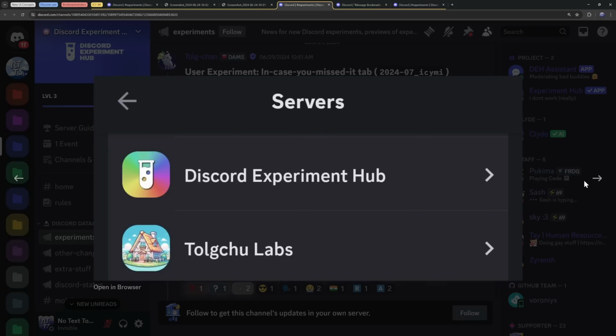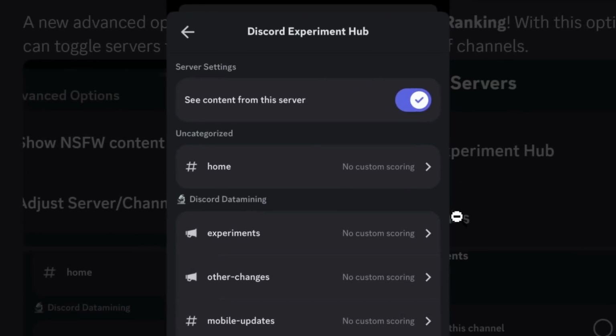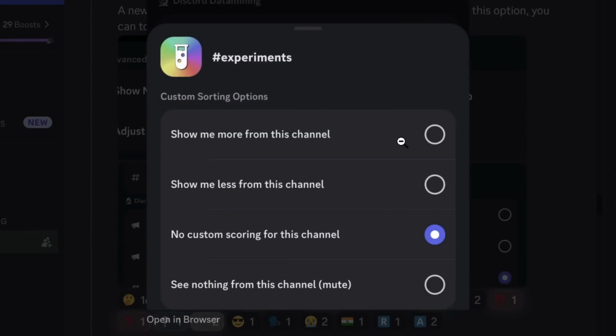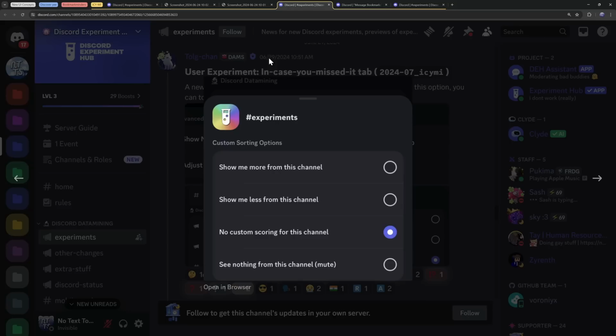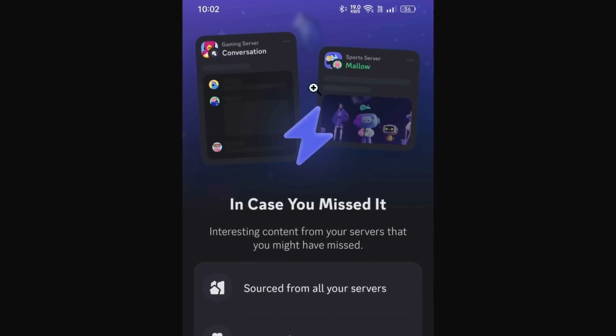You can pick which server that you want to specifically target. Then you can go through that server and pick specific channels or just completely disable the server. And you get to customize the scoring of each channel, which basically is saying, do you want to see more from this channel? Do you want to see less from this channel? Don't want to change anything? Or do you want to completely remove this channel from the In Case You Missed It tab? If your brain completely turned off there for the past 30 seconds, basically you can customize this In Case You Missed It